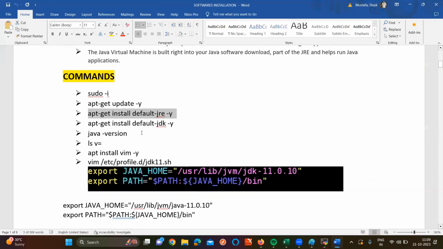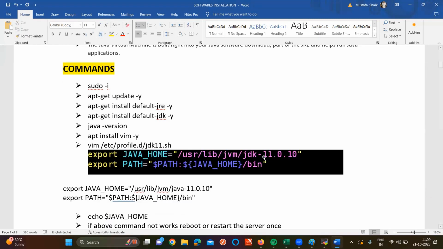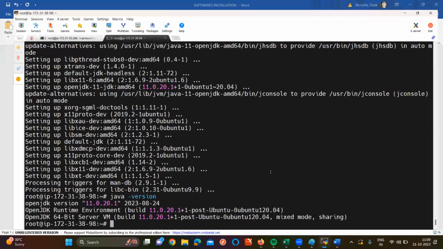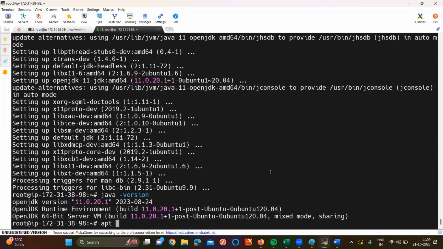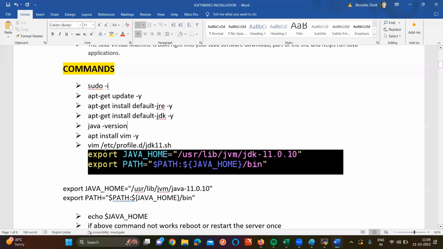Now what I'm going to do is try to install the VIM editor. Why? Because in Ubuntu by default, we don't get VIM. apt install. Done. So now here, create this particular file in /etc/profile.d, create the file called